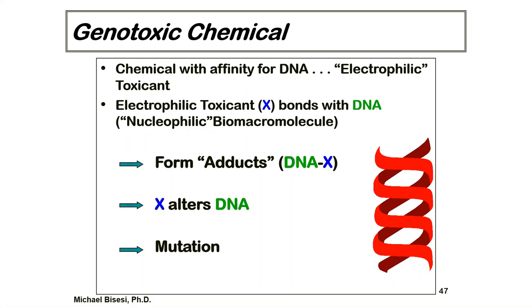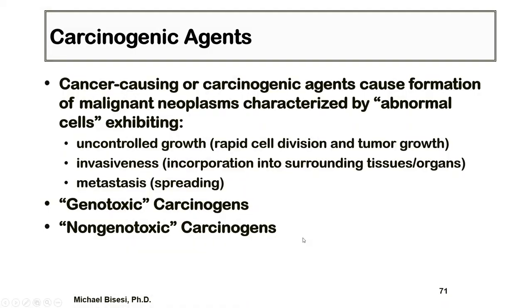And here's a diagram where there's actually a direct genotoxic interaction, where there's some type of a bond formed between a parent compound or a metabolite from a parent compound with the DNA, altering the DNA and resulting in a mutation. And if that mutation is promoted and progresses, that can take on the characteristics shown here in this slide, which would determine whether it's categorized as being a cancer-causing or carcinogenic agent.